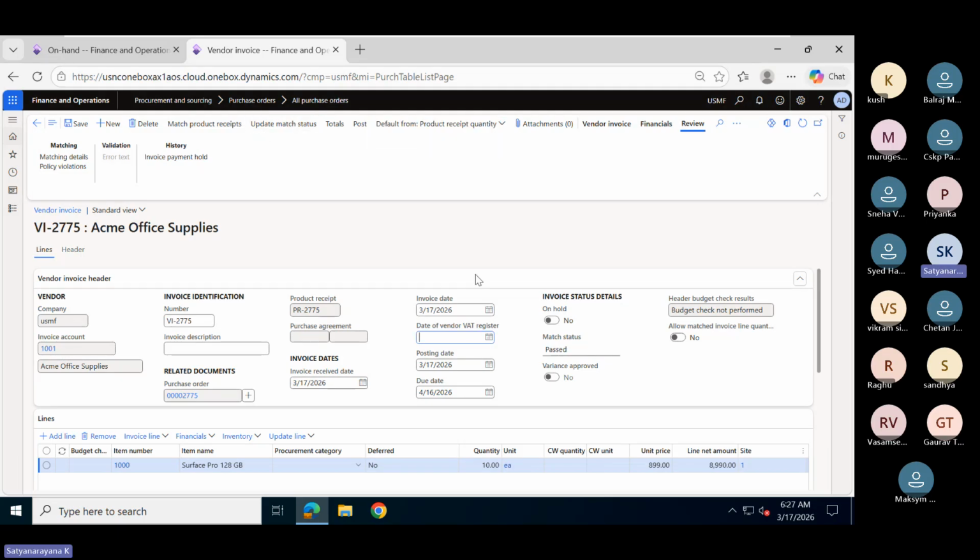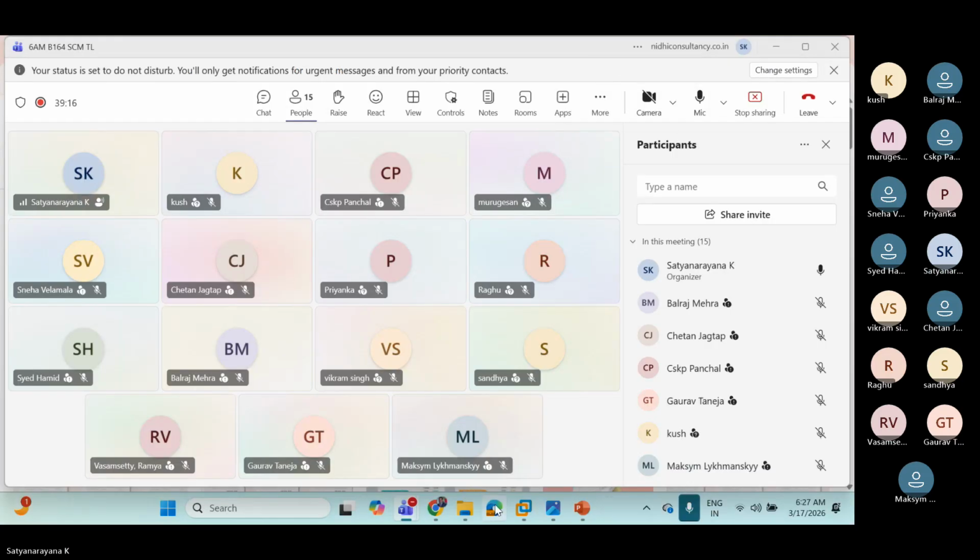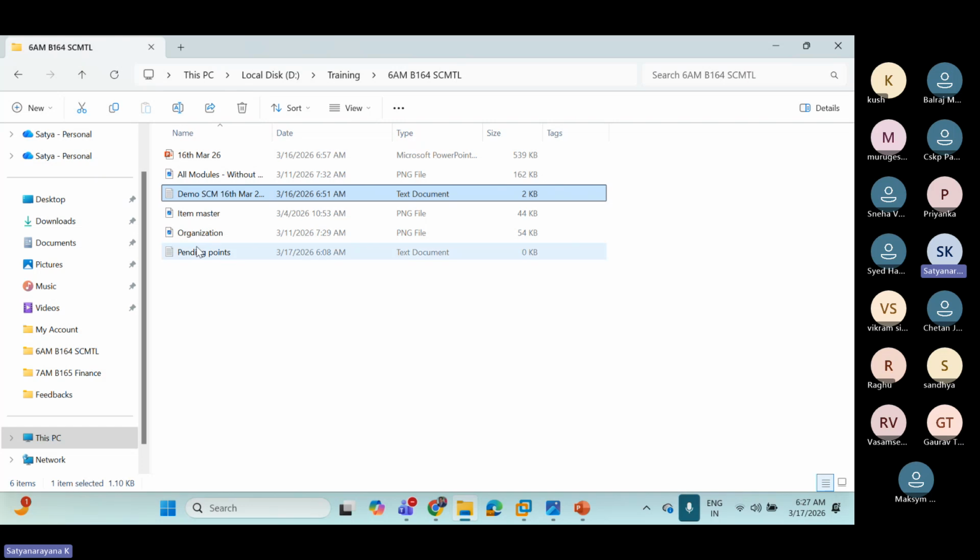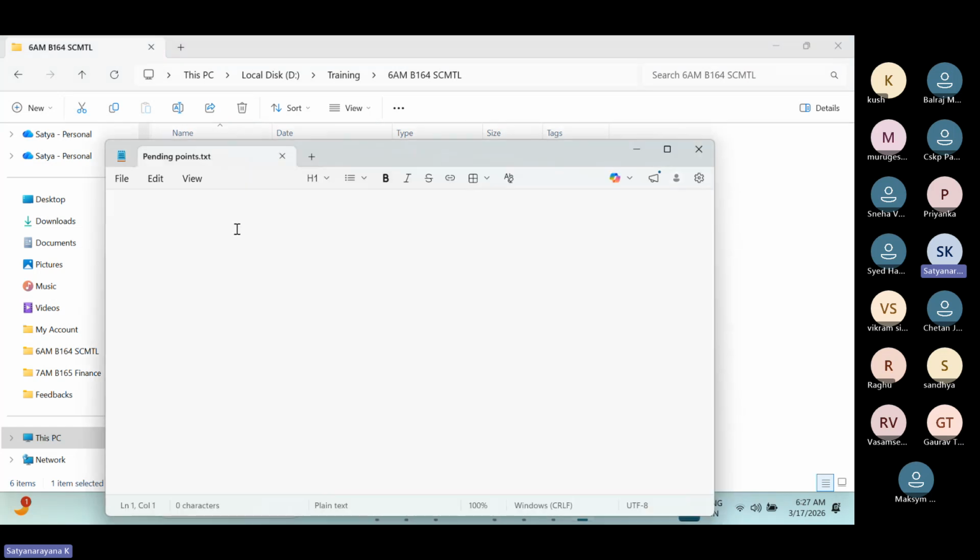Then we are clicking on update mass status, passed. Now the question is, what is this update mass status? At present, I cannot teach you at this point. Matching policies.